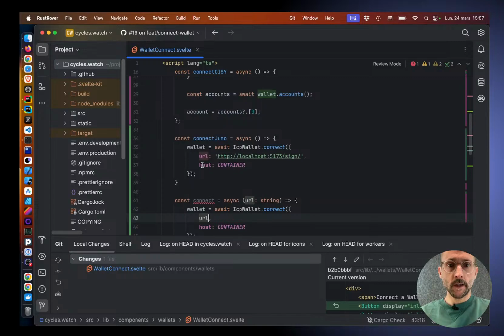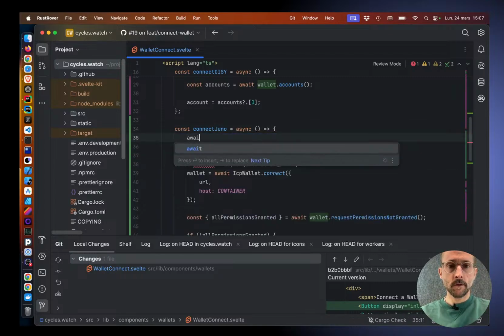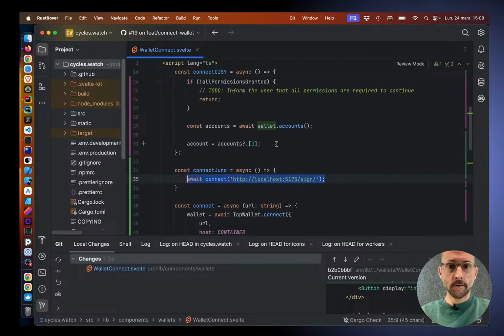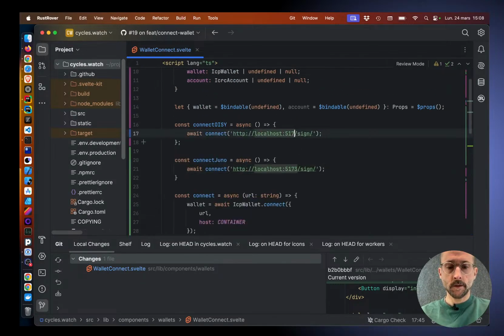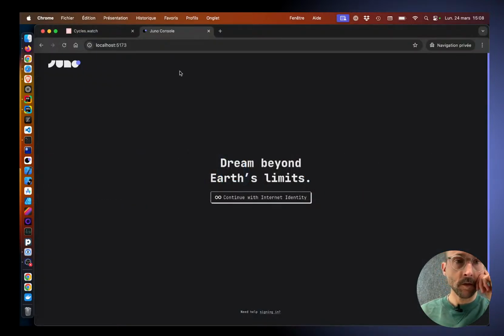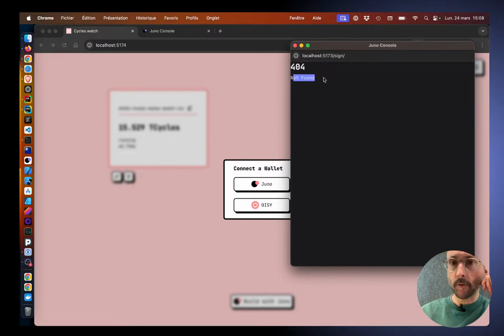This way we can await connect with this, and for OISY we can do that. All right, so now if I go in the application here, you see we will have a 404